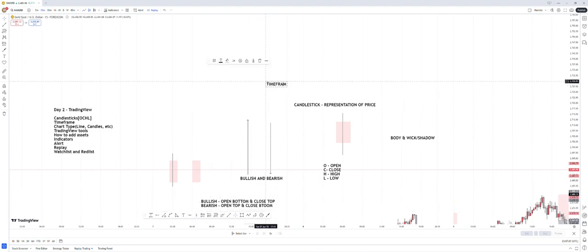Time frame is the representation of each candlestick, meaning a time frame represents how long a candlestick took to complete its OCHL, its whole anatomy. Do you understand? So if you're in the 5 minutes time frame or you're in the 15 minutes time frame,